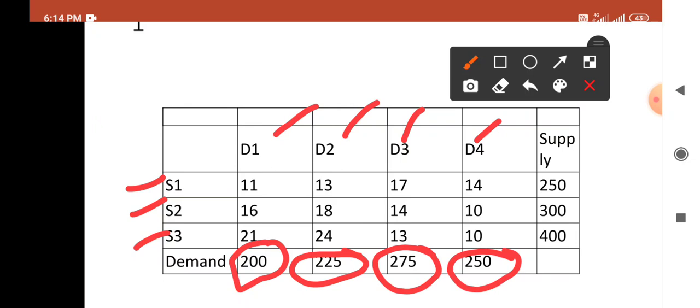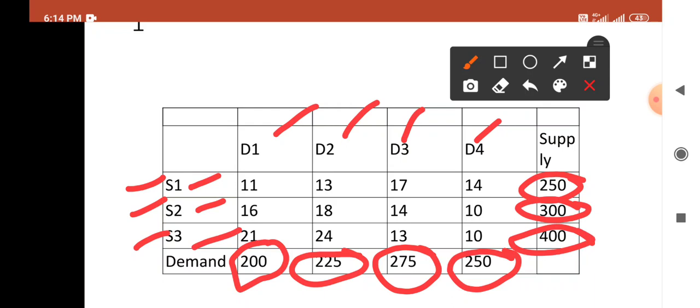And source 1 has 250 units to supply, source 2 has 300 units to supply, and source 3 has 400 units to supply. So the first thing we have to check is whether the total demand and the total